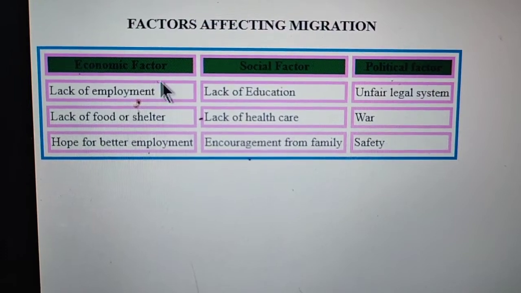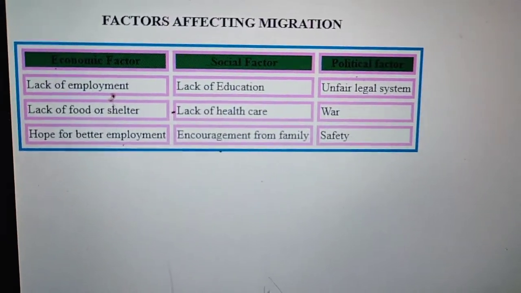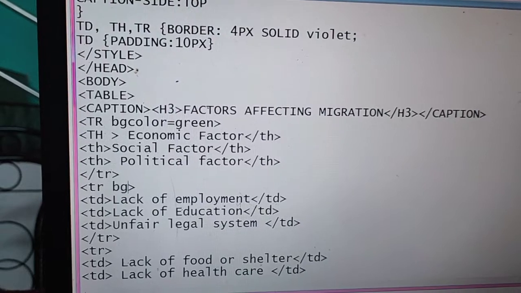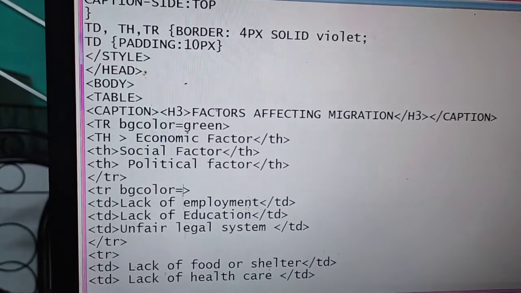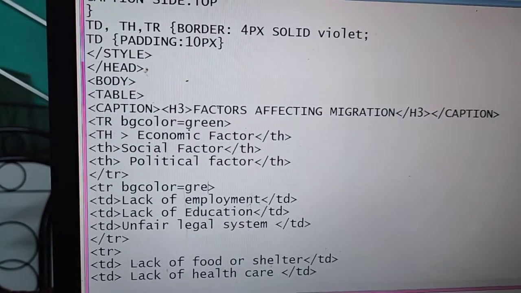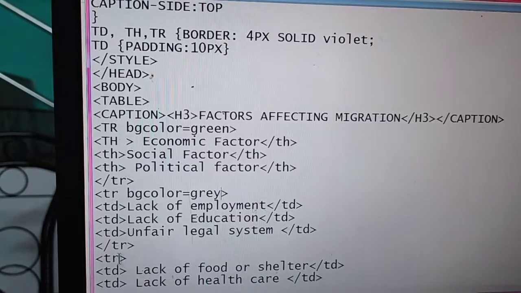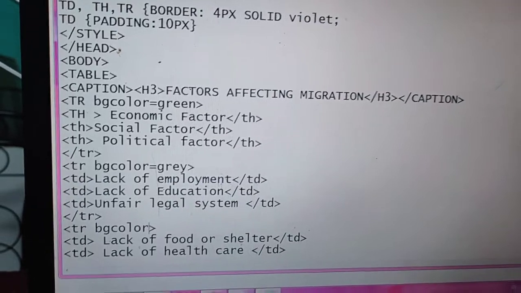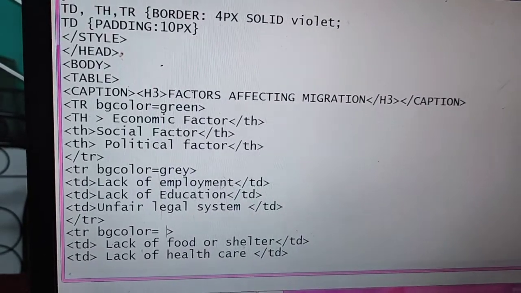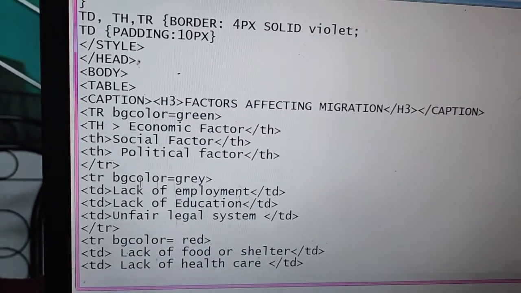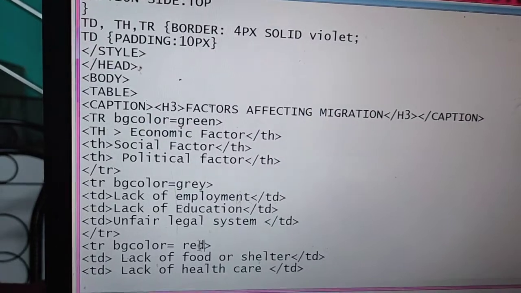Now I will change all the rows to different colors. For that, we have to go to the notepad and change the colors one by one. So I'm changing the second row to gray and the third row to red.